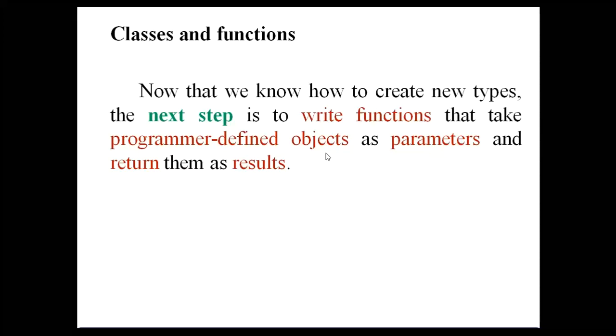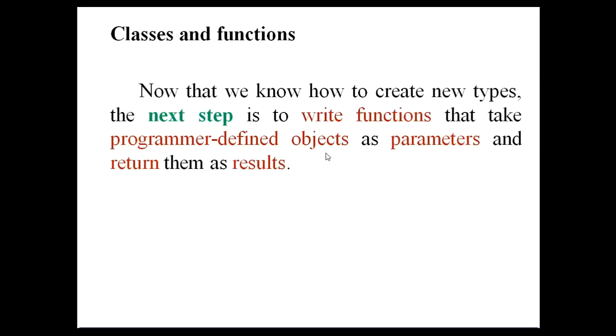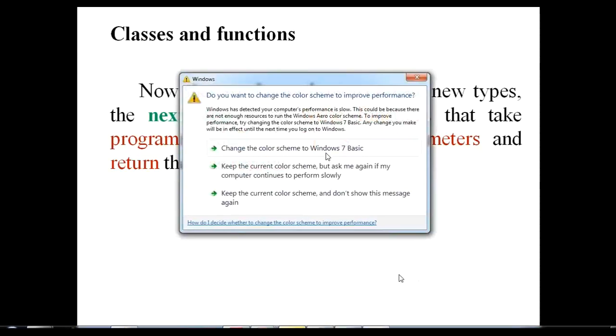Creation of a function is nothing but writing functions within a class, and those functions take an object as a parameter or argument. Even those functions are going to return these objects as results, or we can say return values. In order to understand this function concept,